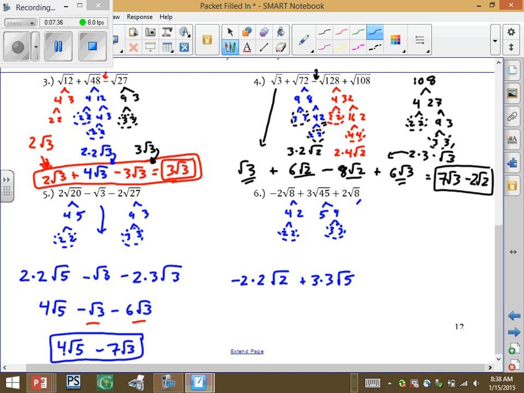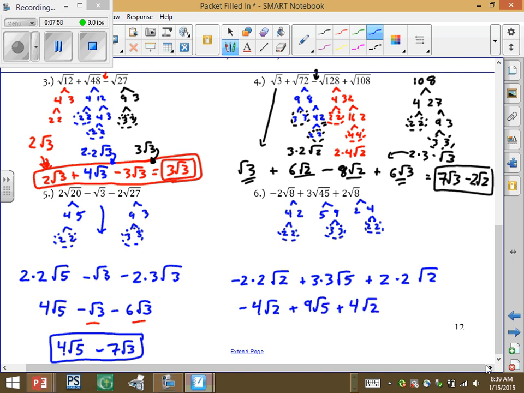And then here we are with square root of 8 again. So that's 2 times 4, 2 times 2. So here we go. A couple of 2's make a break. There's already a 2 out there. So one of the 2's will join them. One got shot, unfortunately. And then a 2 got left in jail. So let's kind of clean it up. So we got negative 4 square root of 2 plus 9 square root of 5 plus 4 square root of